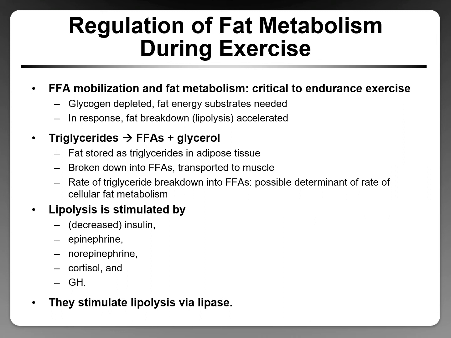To start, we will take triglycerides and break them down into their component parts of free fatty acids and glycerol. This is because fat is stored as triglycerides in our adipose tissue in our body. Once we have broken down into free fatty acids, we can transport these free fatty acids to the muscle. The rate of triglyceride breakdown into free fatty acids is a possible determinant of the rate of cellular fat metabolism. If you are efficient at breaking down triglycerides, you'll be able to get the free fatty acids to the muscles